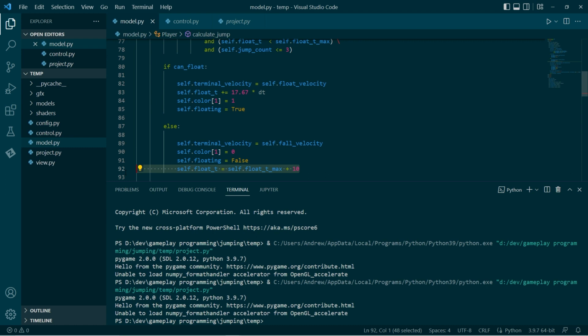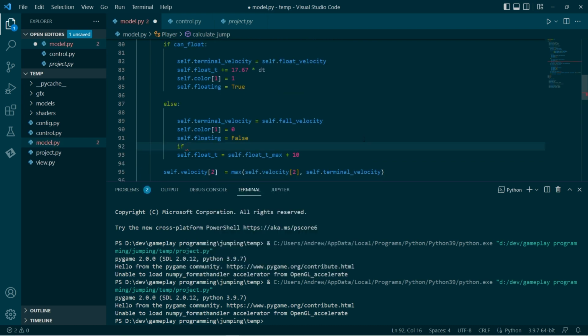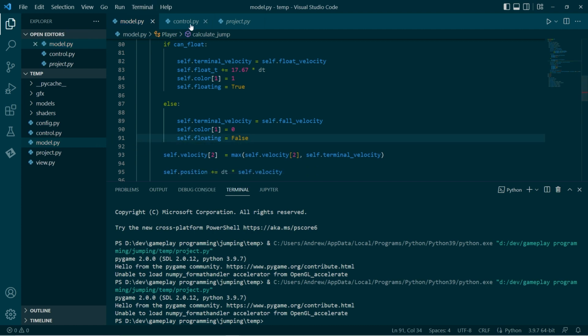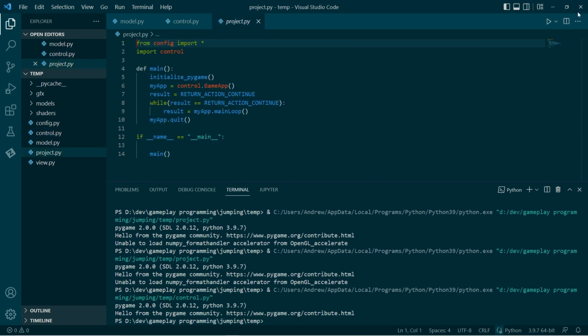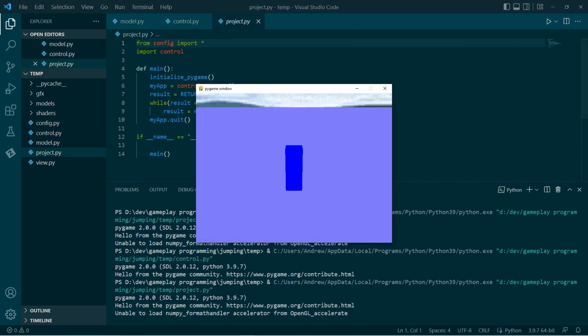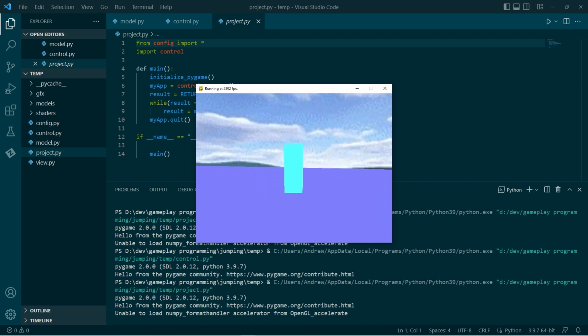This line here might be messing things up a bit, because if we come up to jump, okay, so let's just get rid of it for now. It's not a big deal. All right, let's run that. Oh, not even that. So we can jump, and there we are floating.